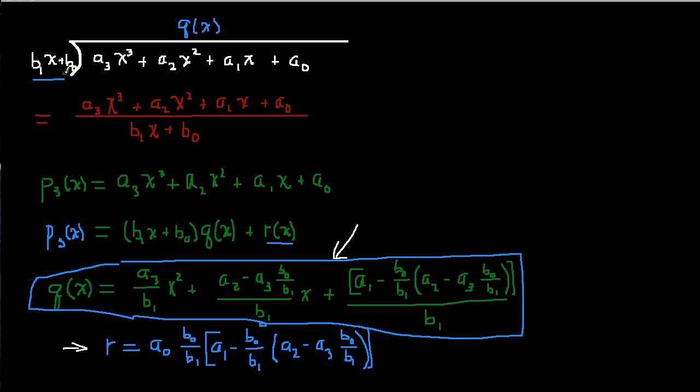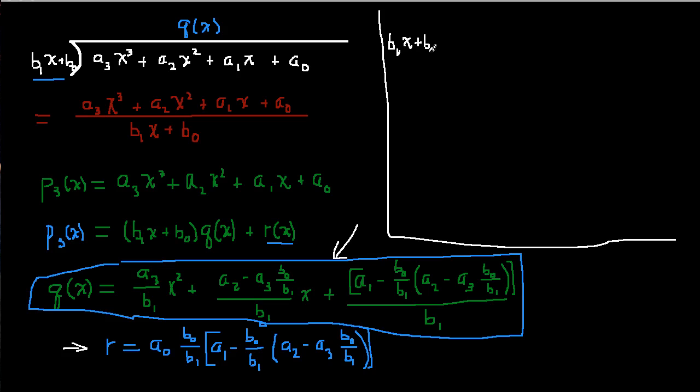So look at this, derive q of x and r, and then I want you to think about what you get when you do the division of b1 times x plus b0